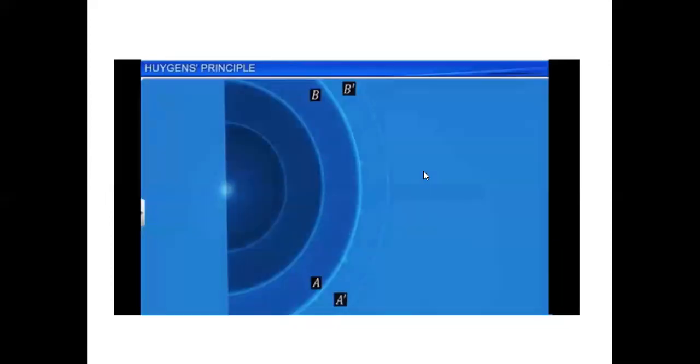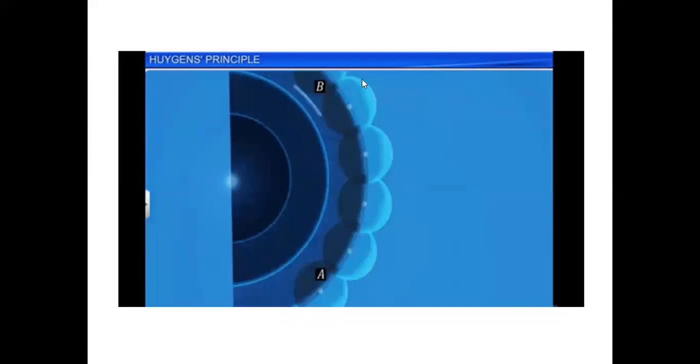Now this is the wavefront, and it doesn't grow in the backward direction. At time t, this is the wavefront. After another time t, this is the new wavefront. That's how we draw it. So this is a very good idea of secondary waves. Of course, here the explanation goes like this, but at a later stage, when you have explained diffraction and all, you can clearly understand what diffraction is in terms of secondary waves.